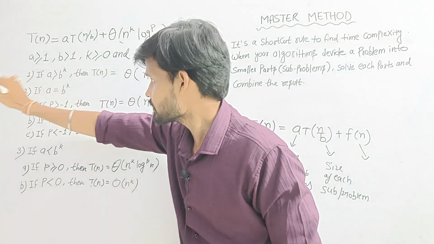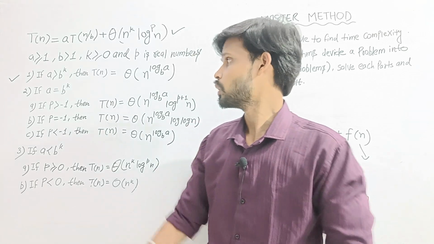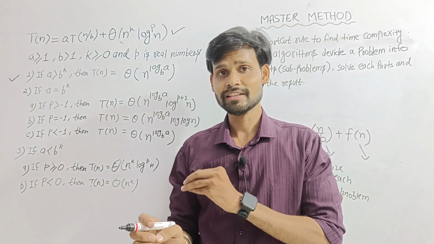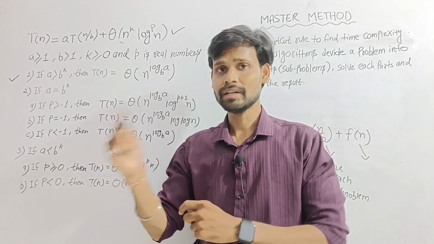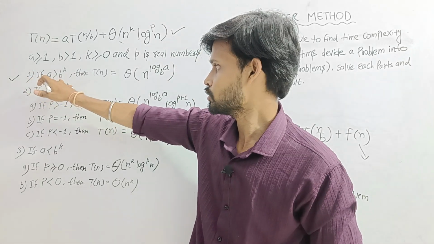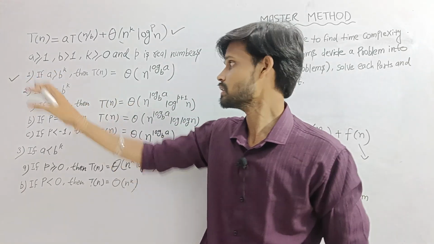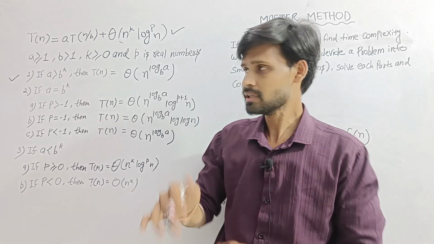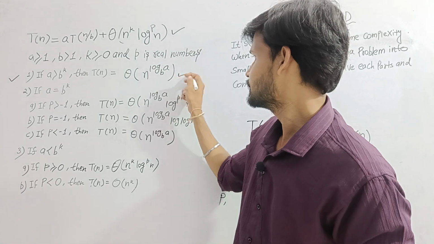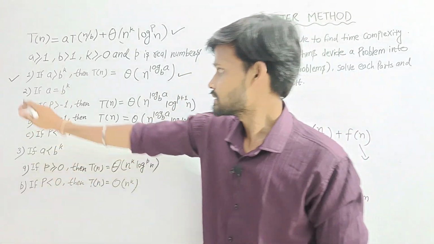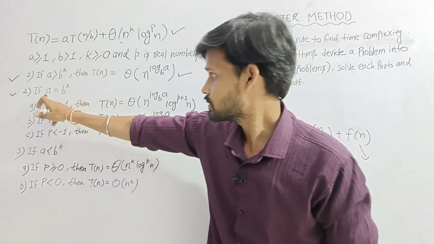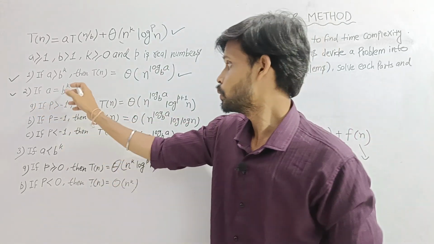Here you can see the first case, that you have to know a and b power k. So first of all you will have to check the relation between a and b power k. If you know the value of a and the value of b and k, you just check the relation between a and b power k. If a is greater than b power k, then you will apply this equation. Second case, if a equals b power k, and this case is satisfied,